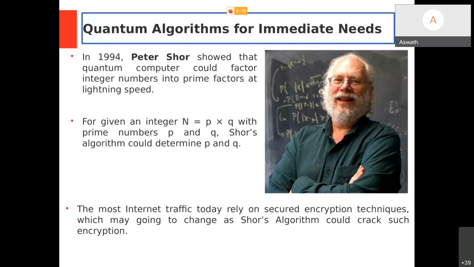Because the current internet, whatever communication we are doing, is based on RSA cryptographic protocols, right? That is based on the factorization of an integer into prime numbers. So his algorithm, which he gave in 1994, could crack that RSA protocol within no time